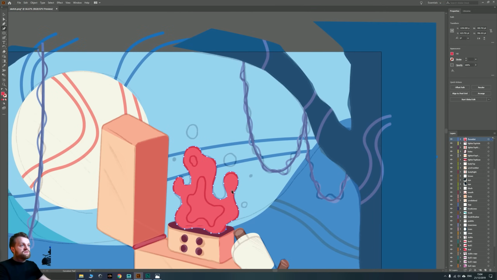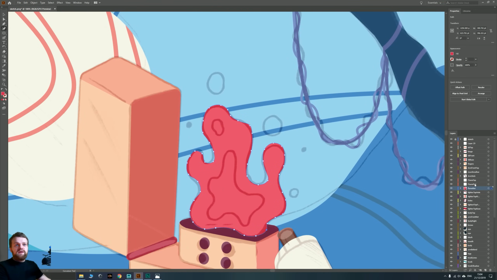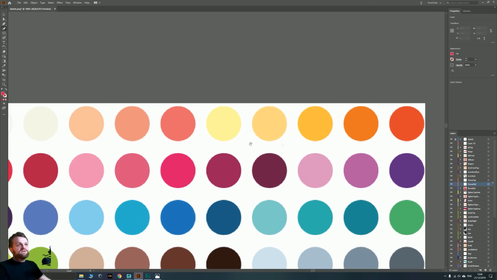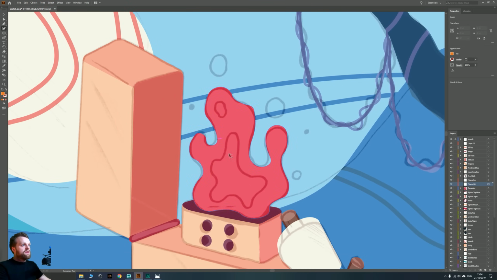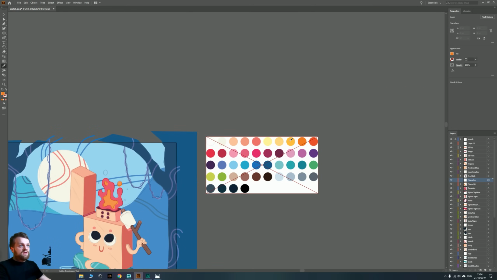There we go. There is our base color. Flame mid. We'll make this nice toasty orange. And we'll do this shape here. And we'll also do a couple of these little circly bits, some of the bigger ones. That's pretty good. And then flame top, we will do in this bright yellow color